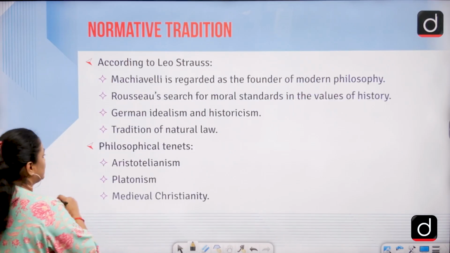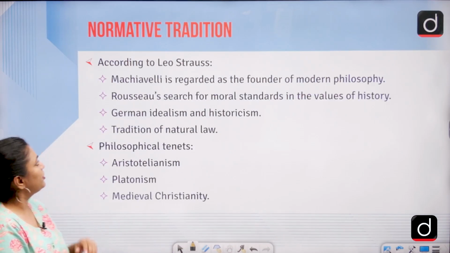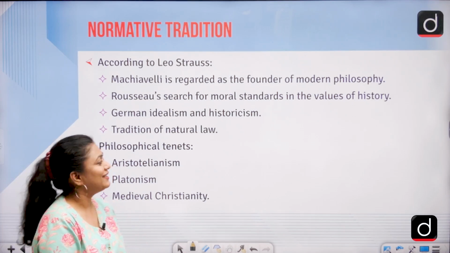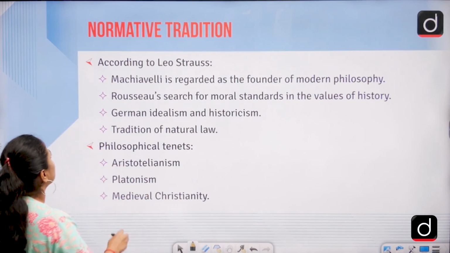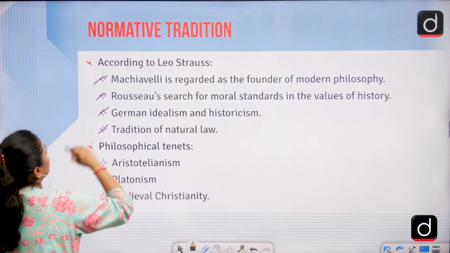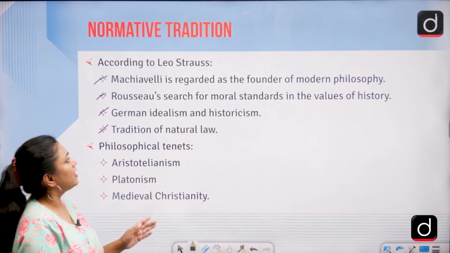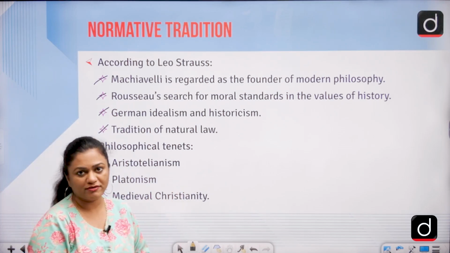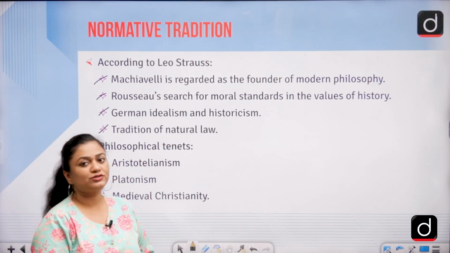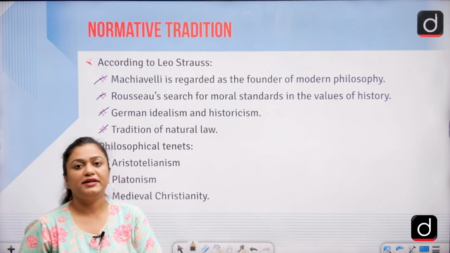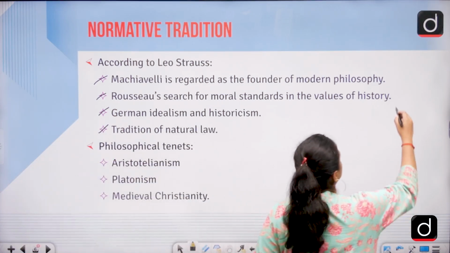Okay. Now, according to Leo Strauss, who favored the normative tradition, he has come up with all these points. Okay. So, Machiavelli is regarded as the founder of modern philosophy. Rousseau searched for moral standards in the values of history. If you remember the idea of the noble savage,